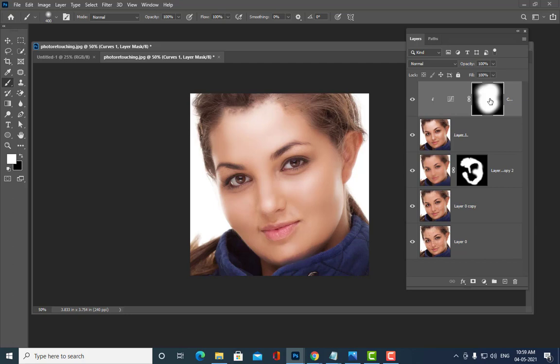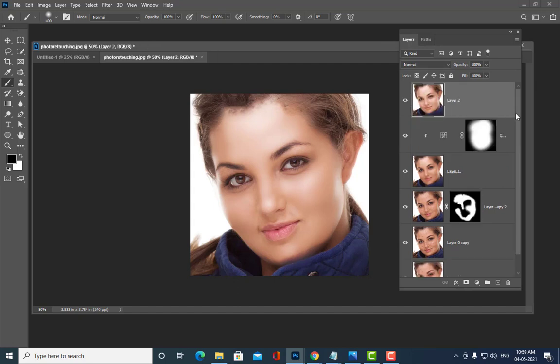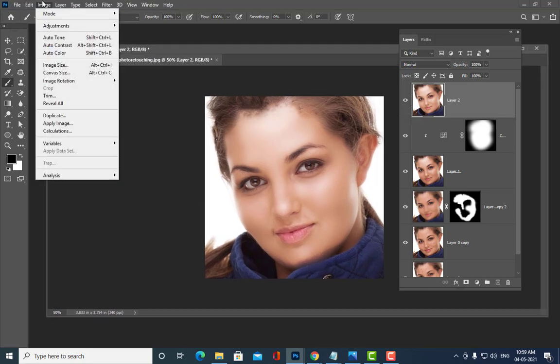Yes, sir. Okay, so we have to get that naturality to her face. So to get that naturality, I am going to apply another adjustment. And how am I going to apply it? I am going to take one common layer again, Control Alt Shift E. Okay, and then which adjustment am I going to apply? See, I am going to go to Image Adjustment,